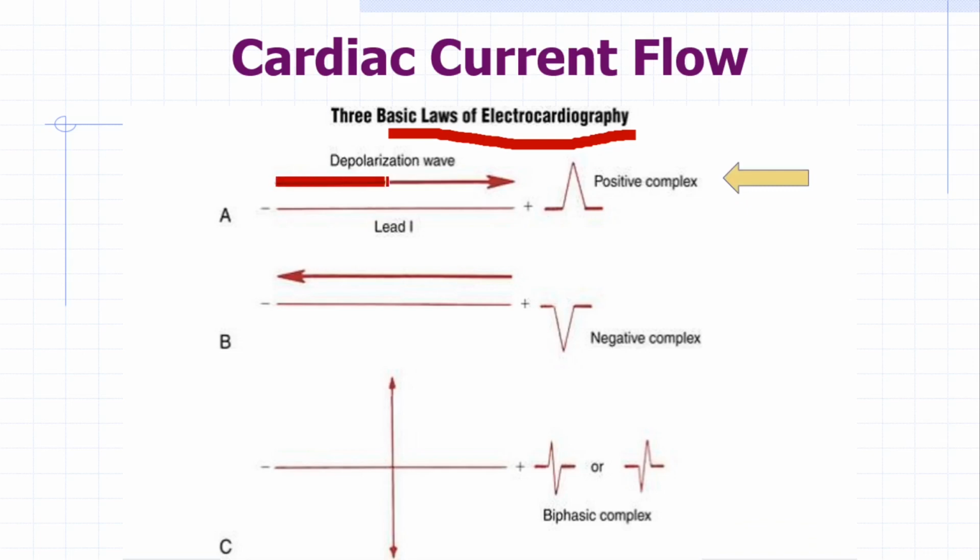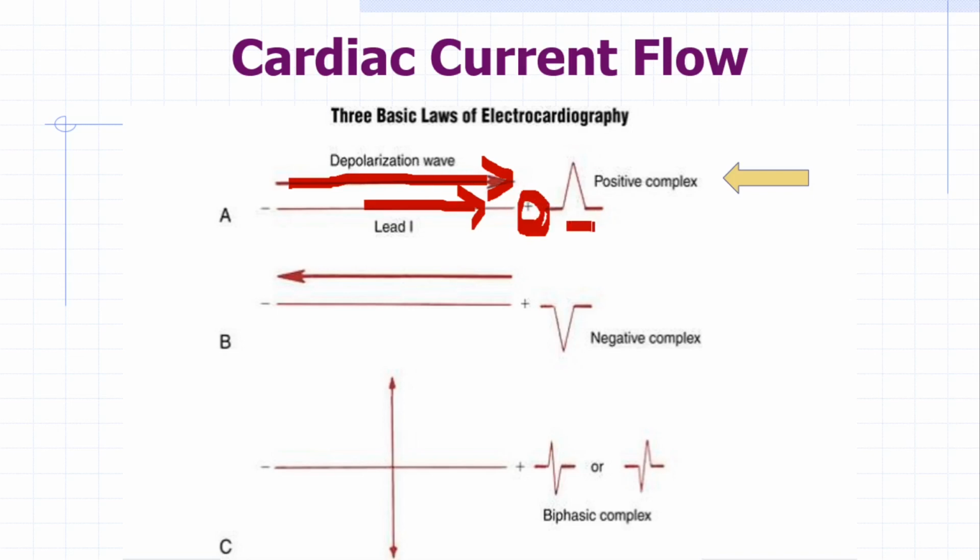whenever the wave of depolarization or repolarization is moving towards the positive, that is the recording electrode, we get the positive complex in the electrocardiogram. So what is this rule? Whatever the wave of depolarization is, that is the current flow in the heart during each heartbeat, if it is moving towards the positive terminal of the lead, that is the recording electrode, suppose this is the axis of the lead and this is the positive end of this lead, so whenever the current flows towards the positive electrode,